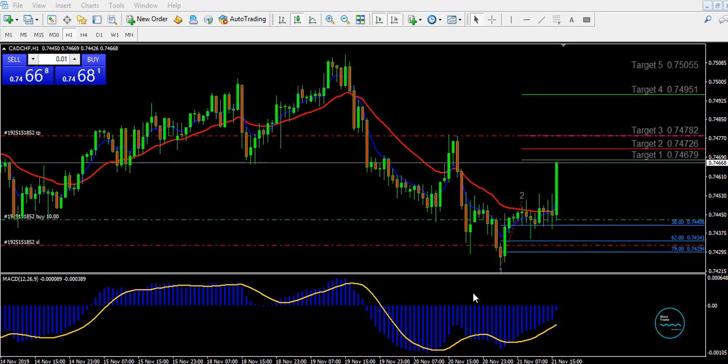I want to show you a trade I'm currently in on the CAD CHF currency pair, the Canadian currency and the Swiss franc currency. So it's a buy trade and I want to show you how I got into this trade. So going to the monthly chart,